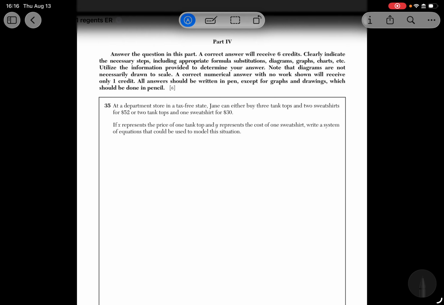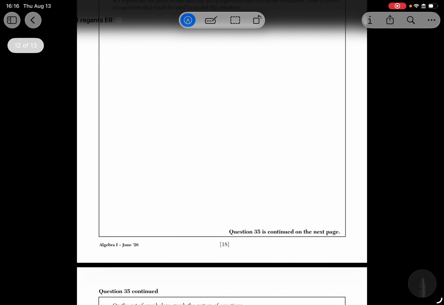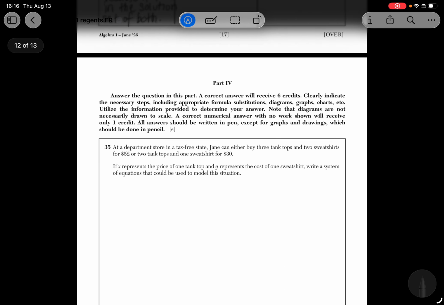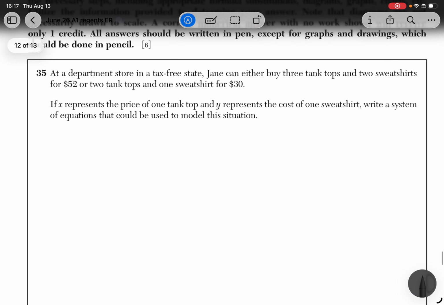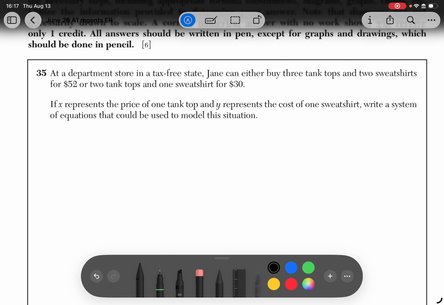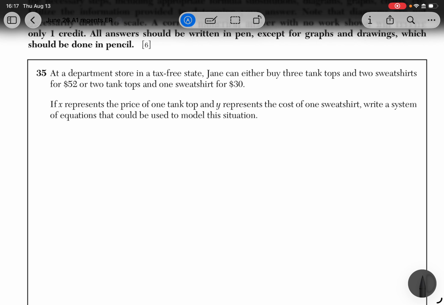Okay, last up, our 4-point question, which is typically the same, but this year they did have us graph it. No biggie, still quick and not as difficult to do. So I personally like to color code everything or box things a certain way and then put different shapes around things. So a department store is in a tax-free state. Jane can either buy 3 tank tops, so that's important, 2 sweatshirts, I'm going to circle that one because it's different than the tank tops, for $52,